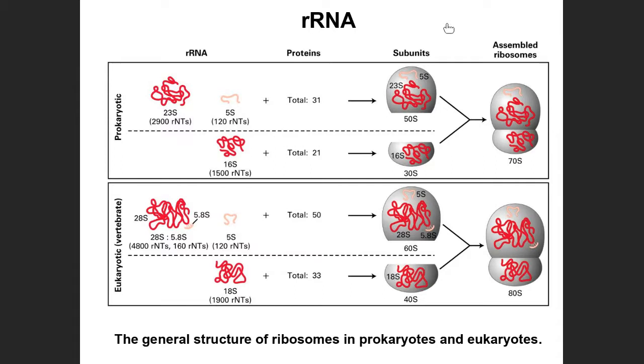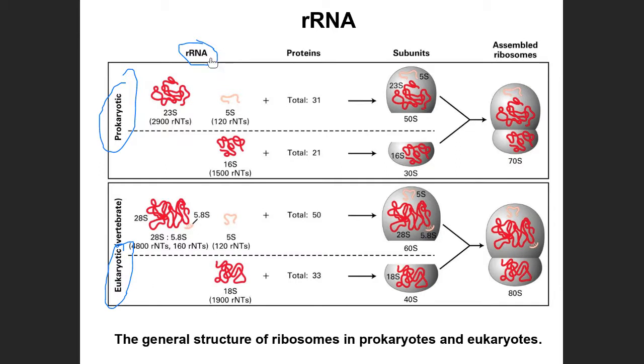You take biochem or an advanced cell and molecular biology class, and they'll tell you, hey, ribosomal RNA, which is shown right here, there are different types. It depends on whether you're talking about prokaryotes or eukaryotes. There are different types of ribosomal RNAs, such as 23S, 5S, 16S in prokaryotes, or these other types in eukaryotes,